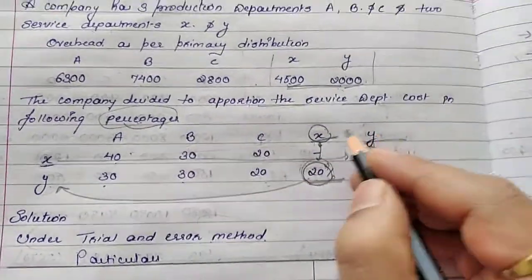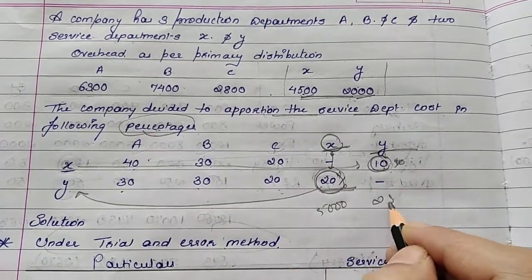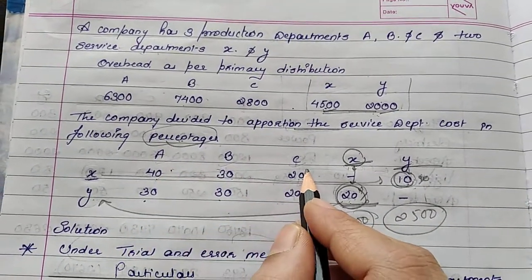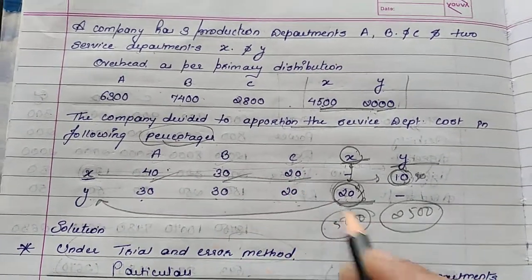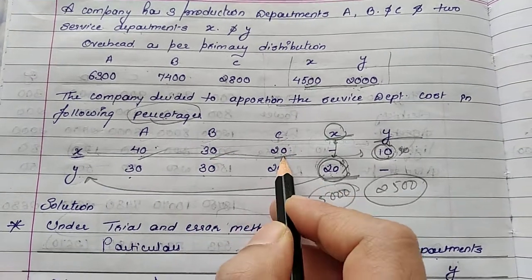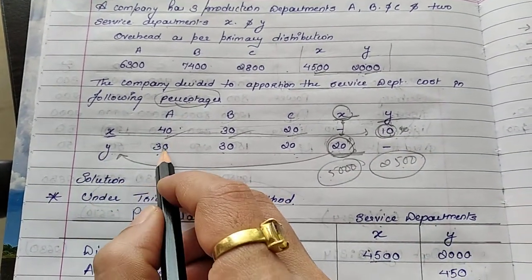Now share this among your production departments in these percentages: x 5,000 shared among A 40%, B 30%, C 20%, and y 2,500 in the percentage of A 30%,